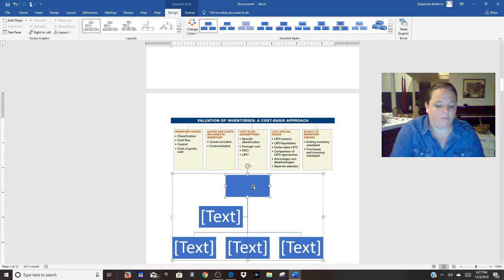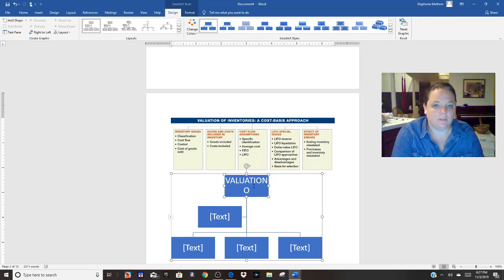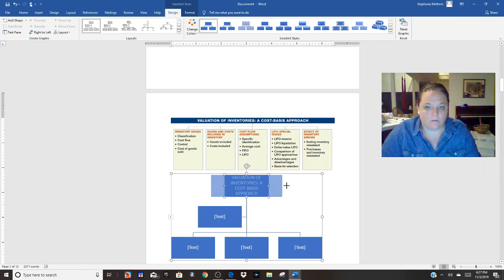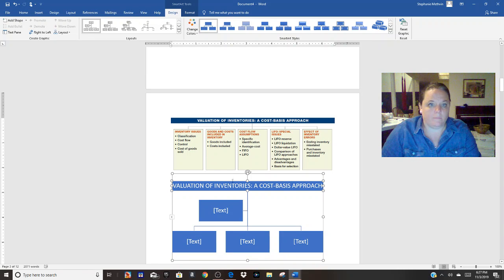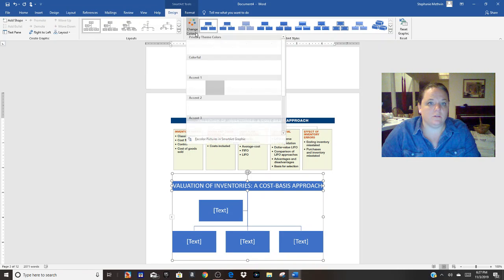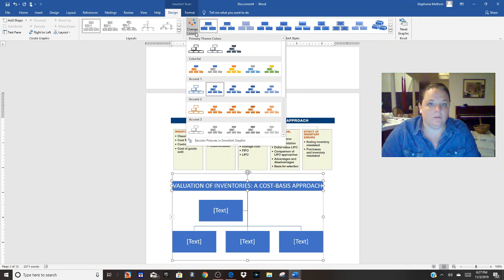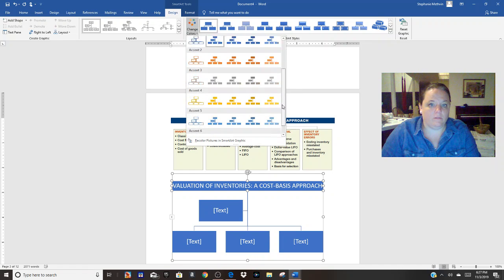So right here, I'm going to put valuation of inventories, a cost basis approach, and then make it nice and long and skinny. I'm even going to change the colors. See if they have a navy blue looking thing.